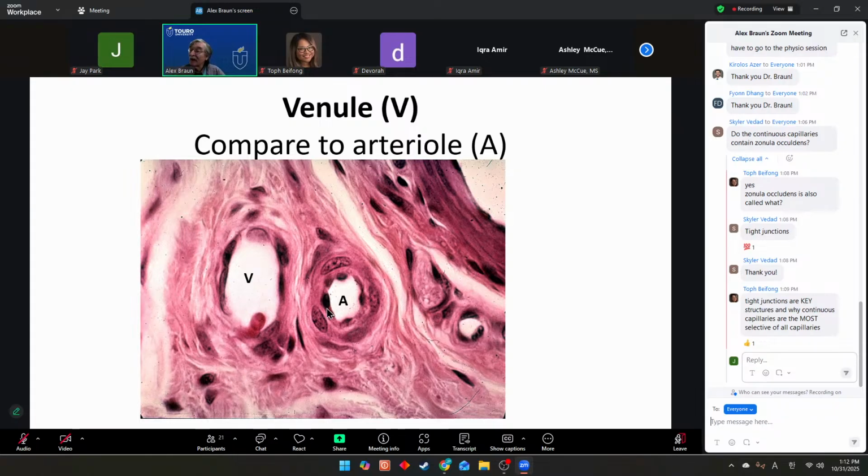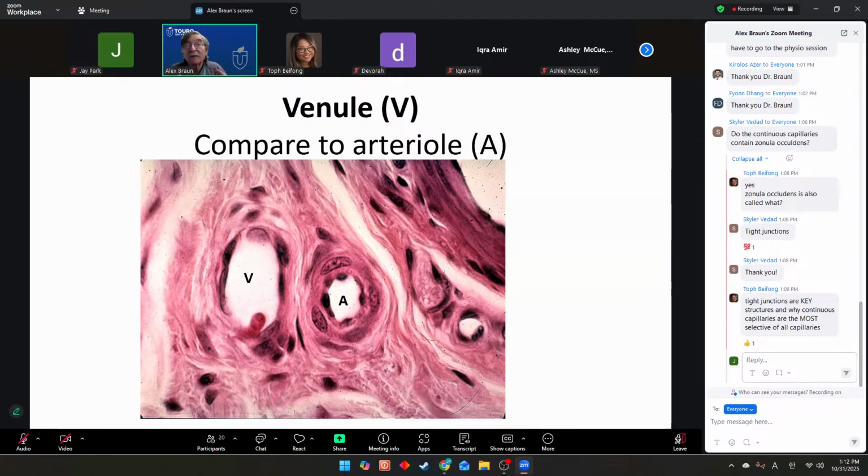It's so thin. I see, by the way, some endothelial cells here in the lumen of the arteriole. To the left of it, I see a venule. A venule is larger in diameter compared to an arteriole. In other words, the vein structure is larger in diameter compared to the arteriole because the lumen is larger in